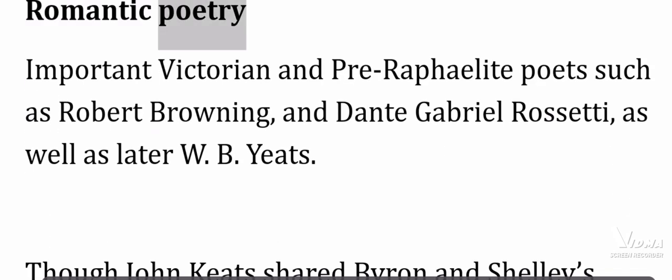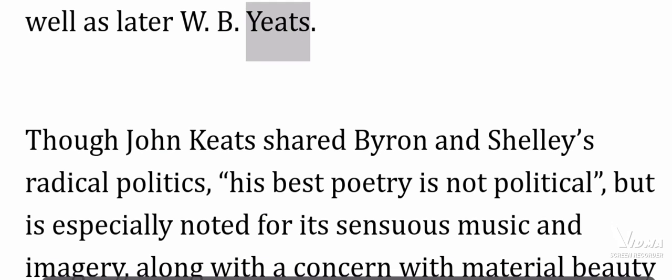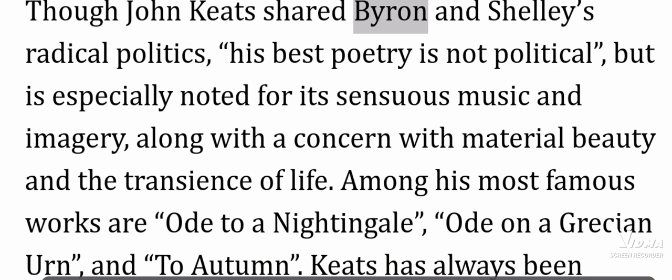Romantic poetry. Important Victorian and Pre-Raphaelite poets such as Robert Browning and Dante Gabriel Rossetti, as well as later W.B. Yeats. Though John Keats shared Byron and Shelley's radical politics, his best poetry is not political, but is especially noted